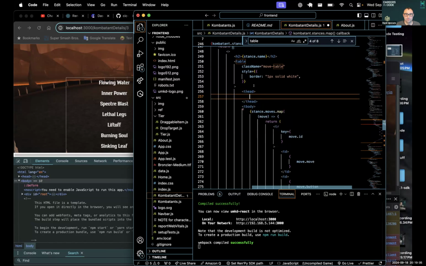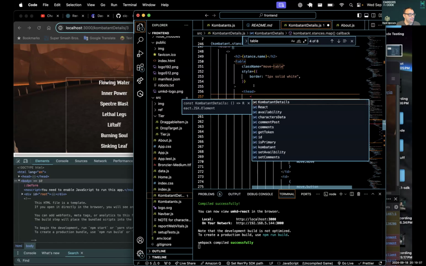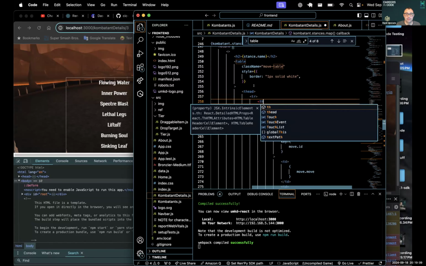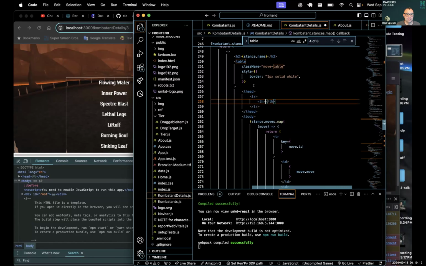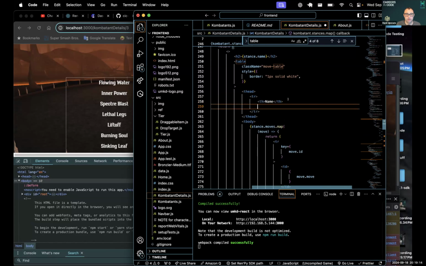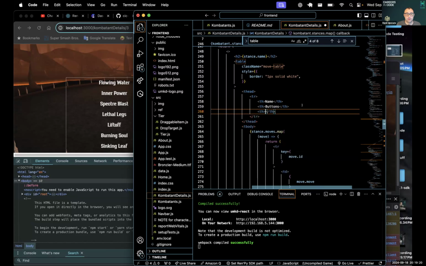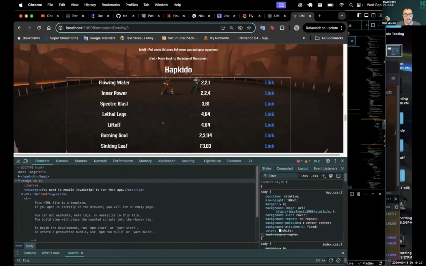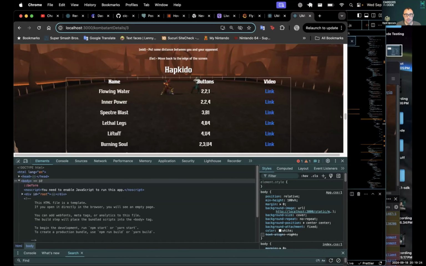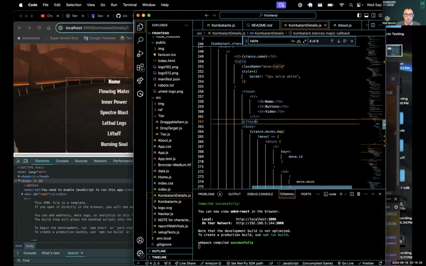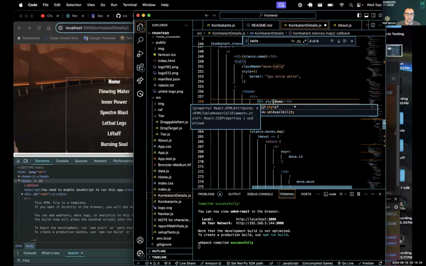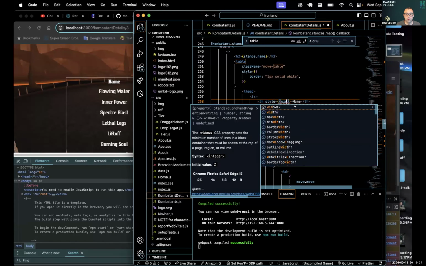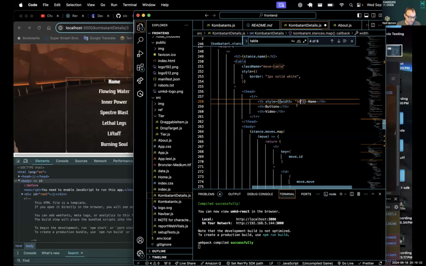So we'll do a table head and a TR and then a TH that says like name, and I'll let you obviously call these whatever you want. Buttons, and then I'm just gonna call it video just so it doesn't say link over and over again. And then up here, what we can do is say the width of this is going to be 50%.